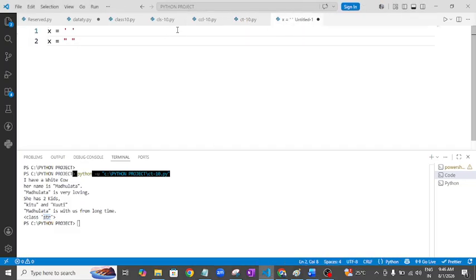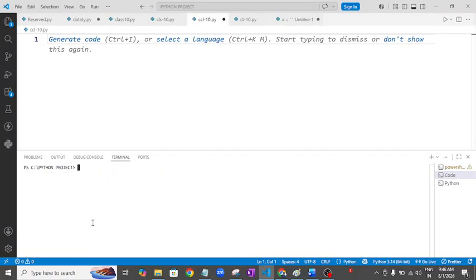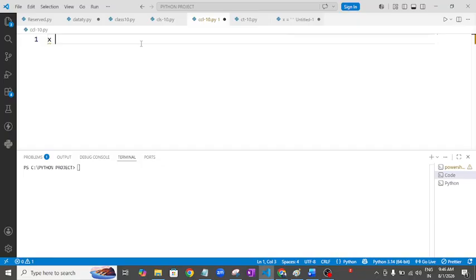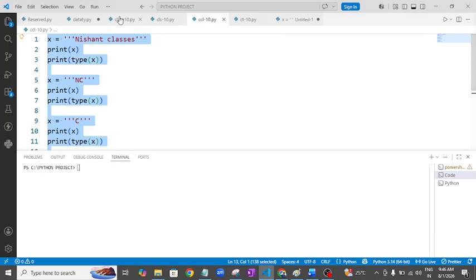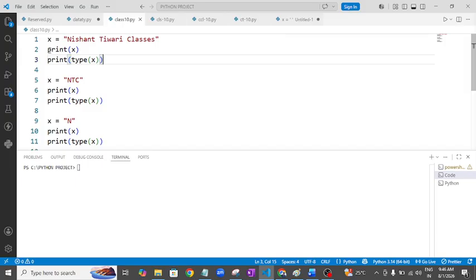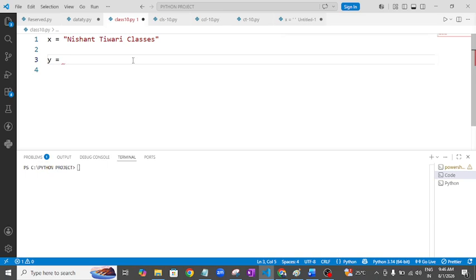If I make x equal to Nishan Tiwari classes, but I want y equal to just this particular part.